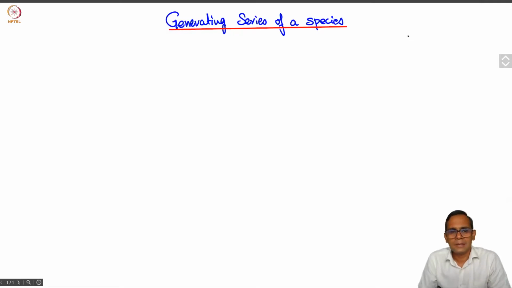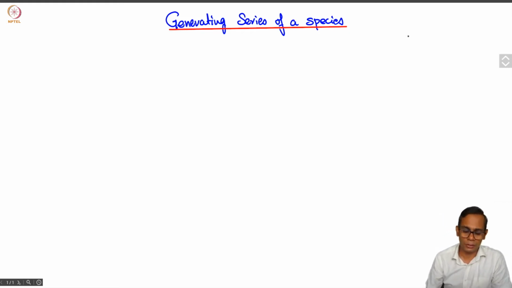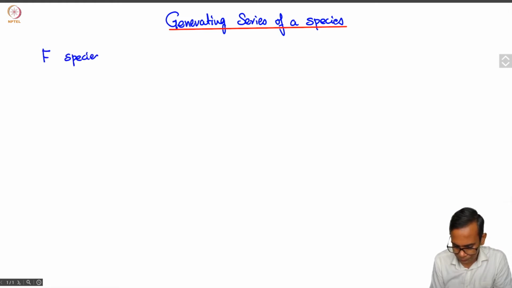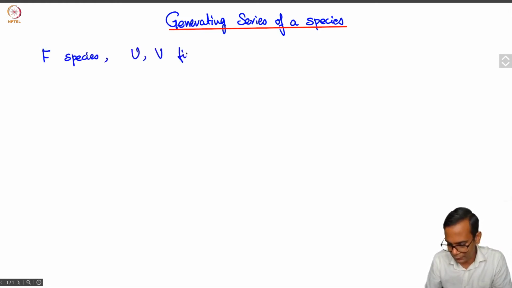One of the reasons for studying combinatorial species is that they make the understanding of exponential generating functions really very simple and intuitive. So let me introduce the generating function or generating series of a species. Firstly, we need to note that if F is a species of structures and U and V are finite sets,